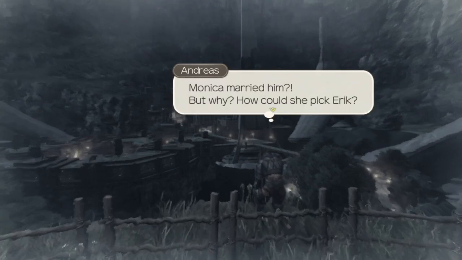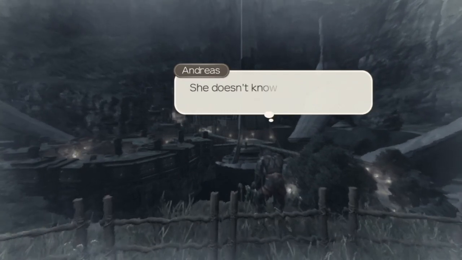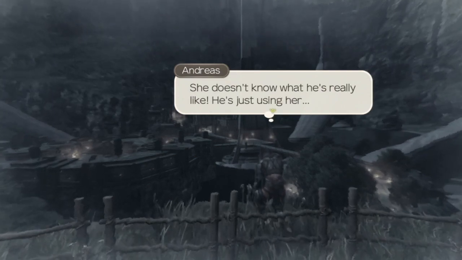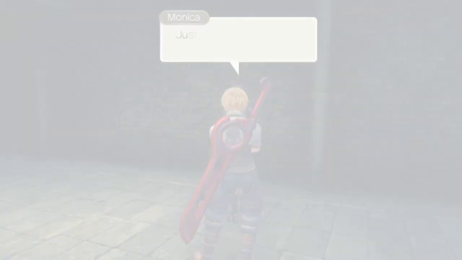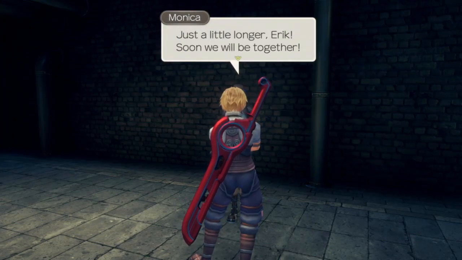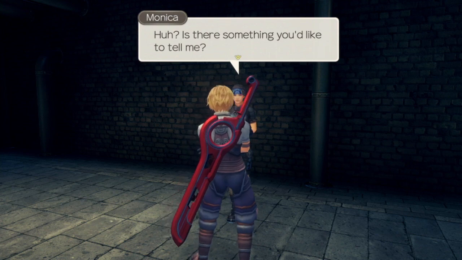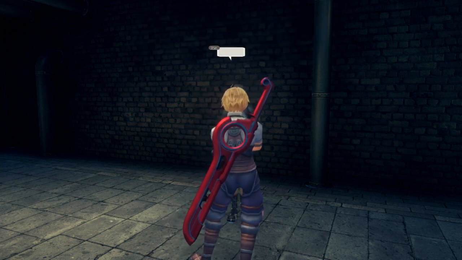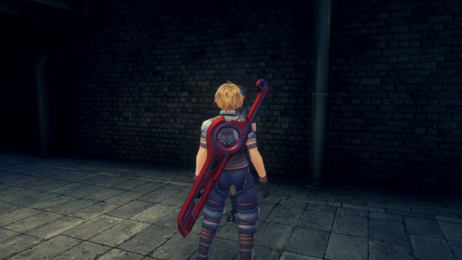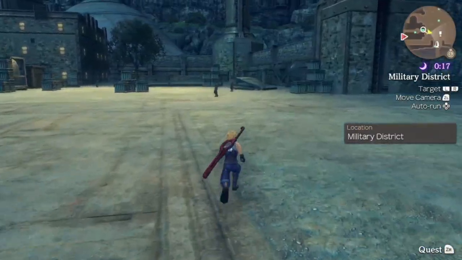Monica married him? But why? How could she pick Eric? She doesn't know what he's really like. He's just using her. Just a little long, Eric. Soon we will be together. Huh? Is there something you'd like to tell me? If not, I suggest you'll be on your way. No problem, leave it to me. And with that,